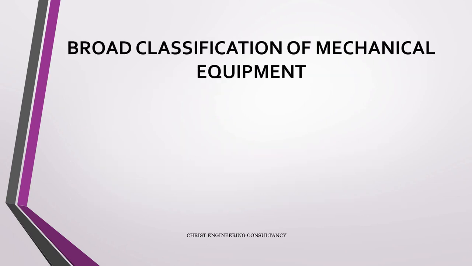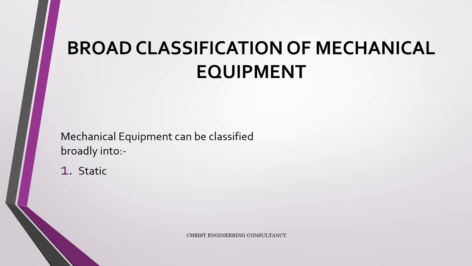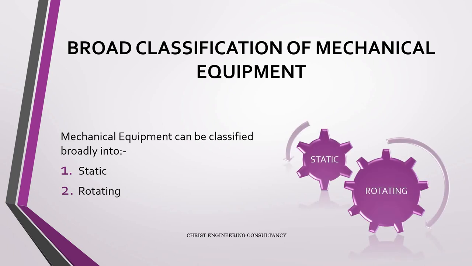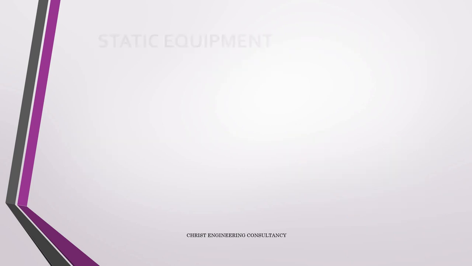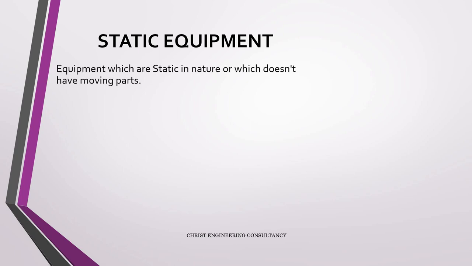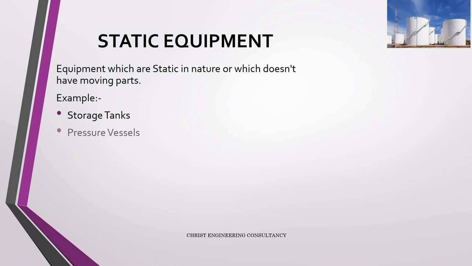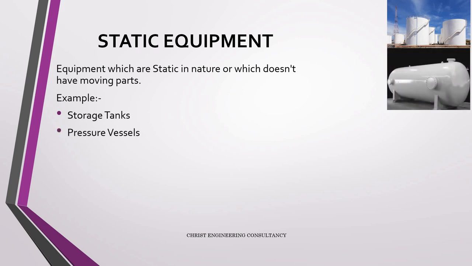Broad classification of mechanical equipment. The mechanical equipment can be classified broadly into static equipment and rotating equipment. Let us see the meaning of static equipment and rotating equipment with a few examples. Static equipment. As in the name, static equipment are those equipment which are static in nature or which don't have moving parts. Example, storage tank to store liquid, pressure vessel to store fluids in high pressure,